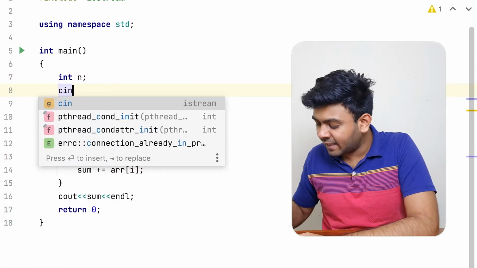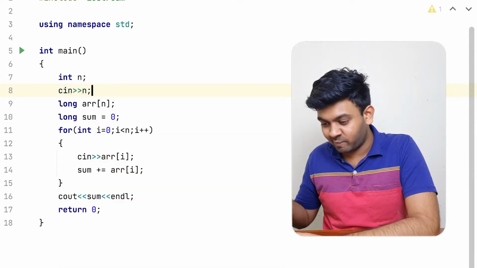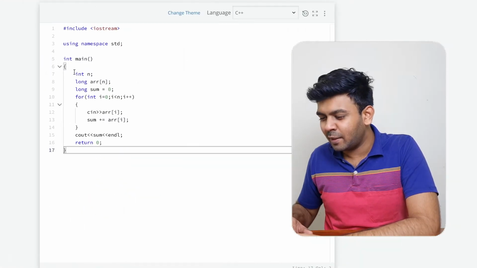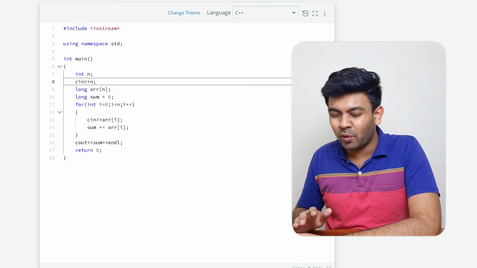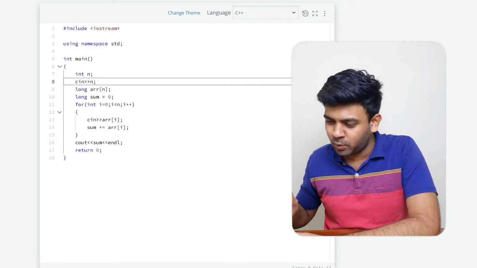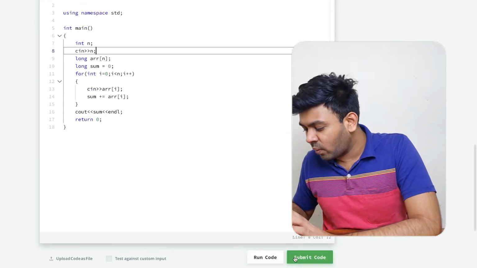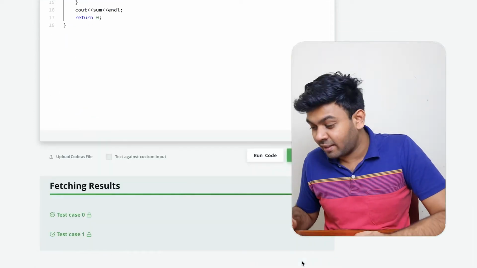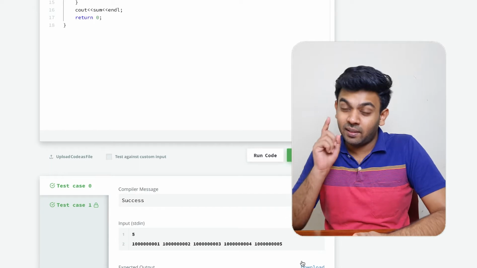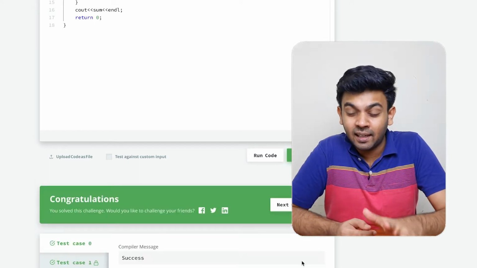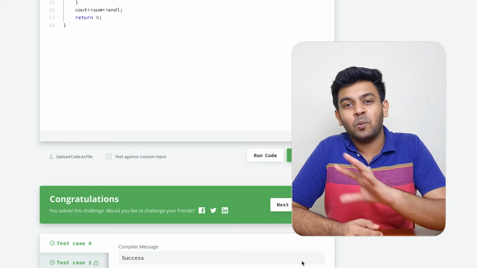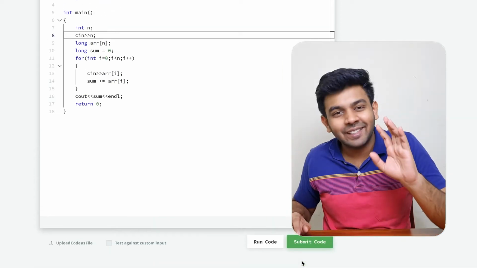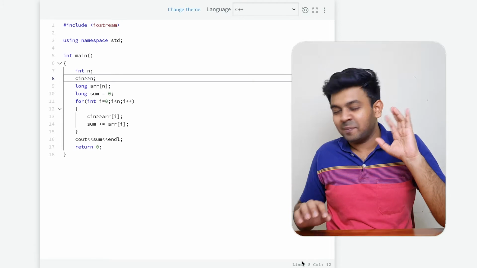The problem is that I didn't get the integer. I should have got the integer input, the size of the array. I just declared a number and didn't get input for it. Don't make this mistake, it is very silly. And never be too confident. I didn't even try and run it the first time. I just went ahead and clicked the submit button and it failed miserably. So don't be overconfident. No matter how much you know, stay grounded.